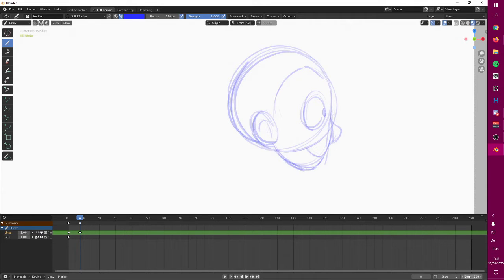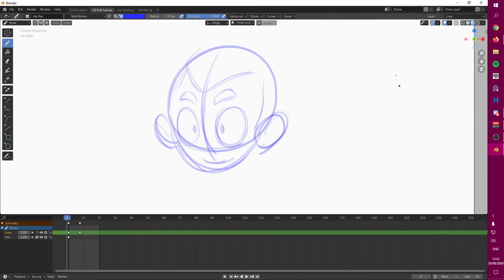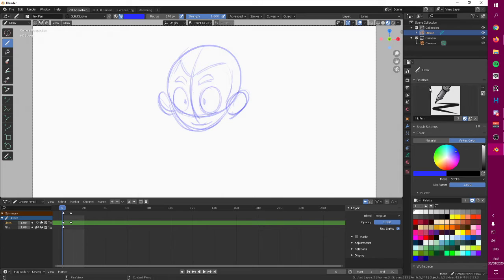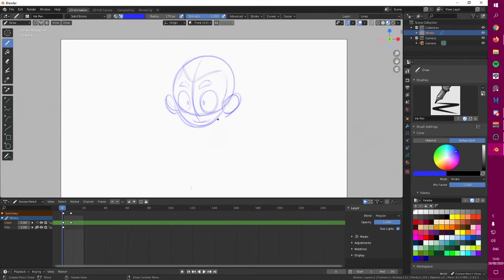You can in here change how much you want your animation to last for. So right now it's 250 frames. Let's bring this back to just 20 frames. The frame rate right now is probably at 24. If you want to change your frame rate and even your resolution,